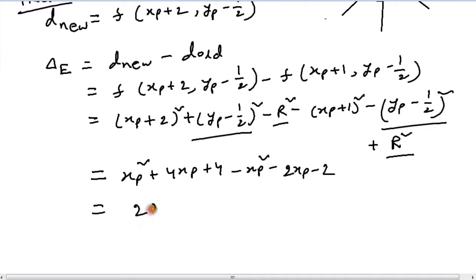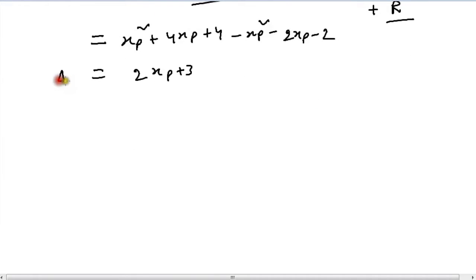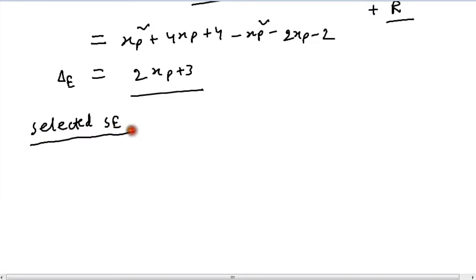Solving this gives us twice xp plus 3, which is the del E, or the incremental value for D if we chose E pixel. See? So we have to add this value to the value of D whenever we choose the pixel E. Now, if we selected SE on the other hand, then our D new would be,